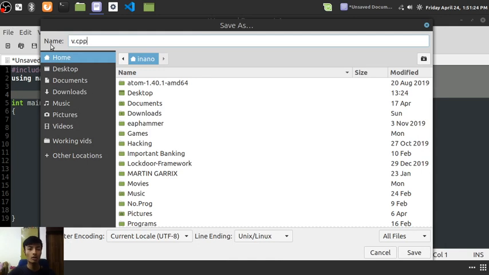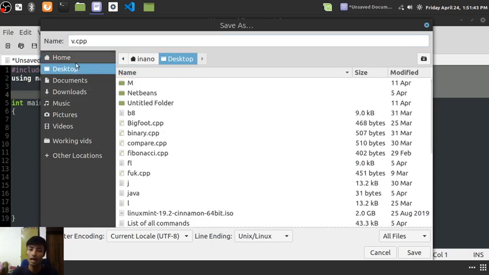v.cpp, and also don't forget to save the file with the extension .cpp, because it's a C++ program. So yeah, you should be saving it as v.cpp. And don't forget to choose the location out here. I always choose my location as the desktop. So yeah, click Save,